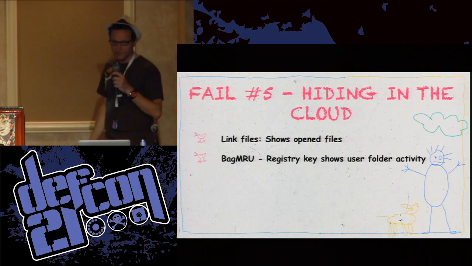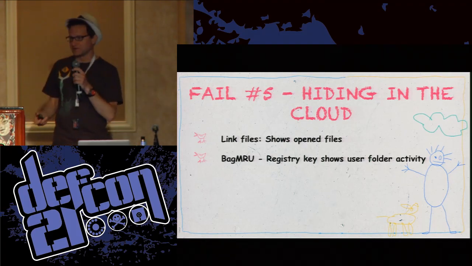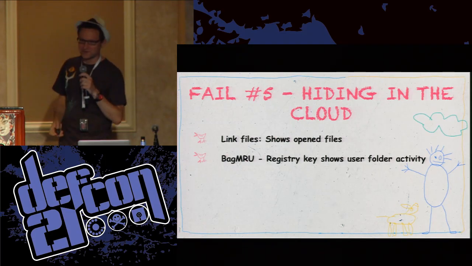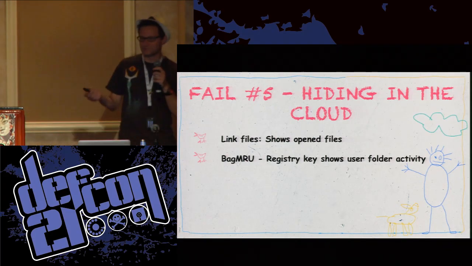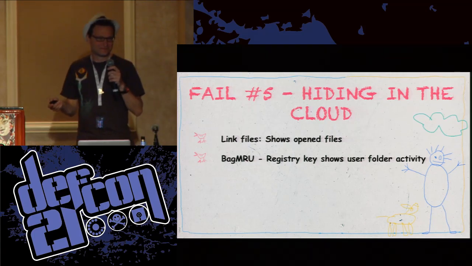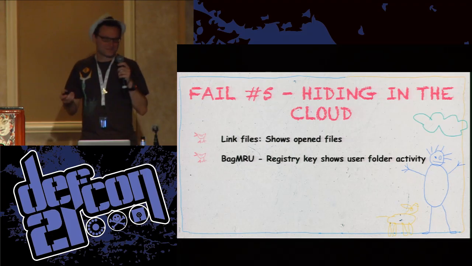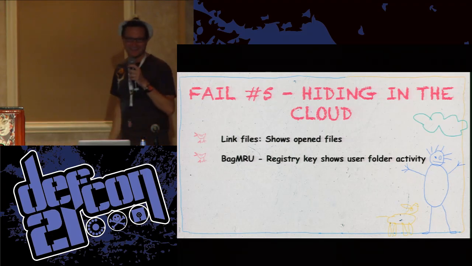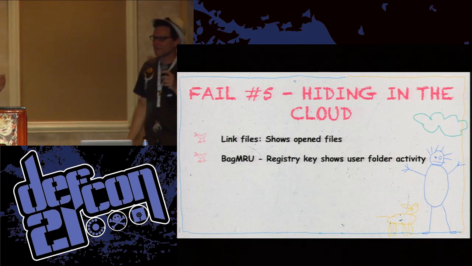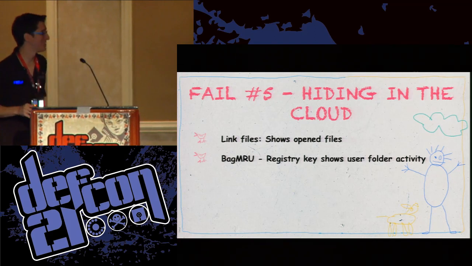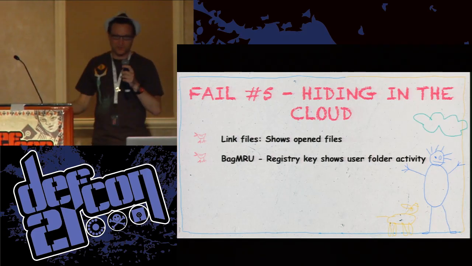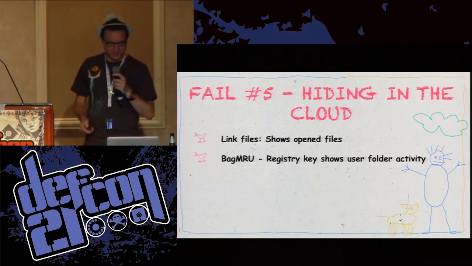We look at a registry key, which I just love the name of this. It makes absolutely no sense to me at all, but somebody at Microsoft maybe had a couple of these one day when they were working, called bag MRU for some unknown reason. Most recently used, but why bag? Anyways, we can explain why it's named that, but it's still a bad name. Bag MRU, come on. Anyway, it's a registry key that can show user activity, and it can show what files are inside a folder. So that's one of the things that we look at typically in a data exfiltration case.